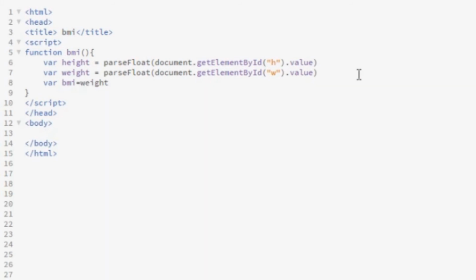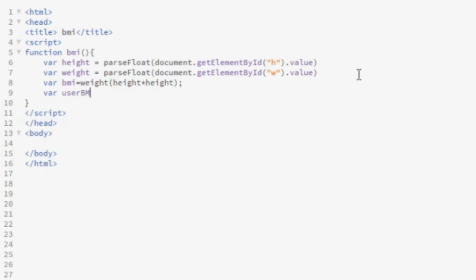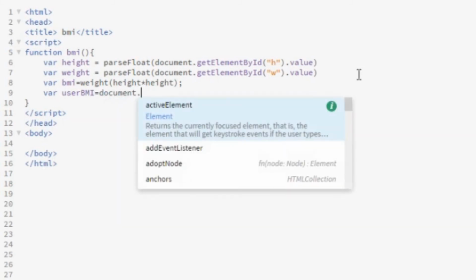Make a variable for the BMI, take the weight and divide it by height times height, and that's the formula for BMI. Then we will make a userBMI variable which is equal to